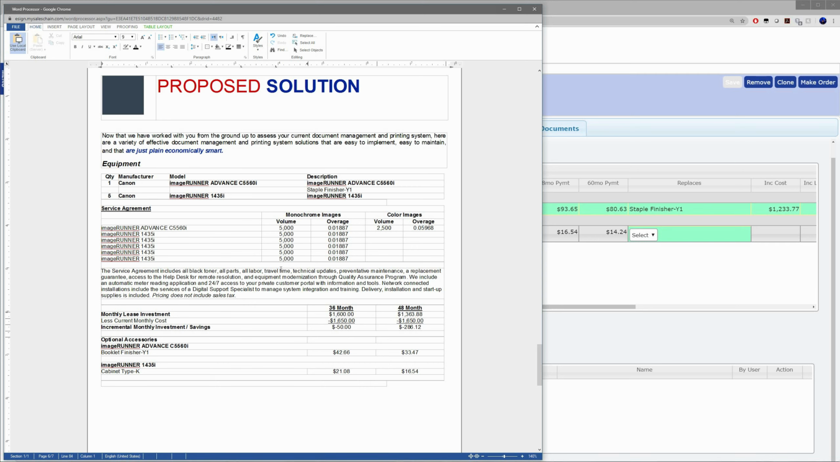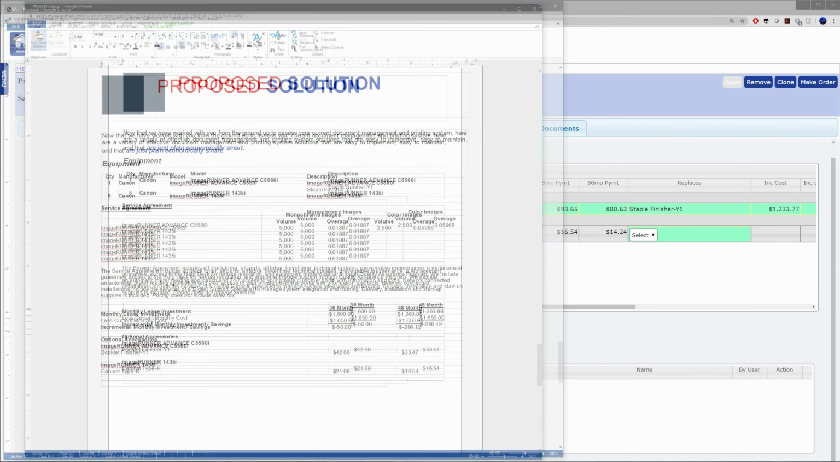So we see that we quoted that metered cost per copy with a volume expectation here for our service. So that volume is quoted here along with our overages that'll be charged if they go over that for both monochrome and color. Below the text here that's once again customizable, I have my different lease periods here, 36 and